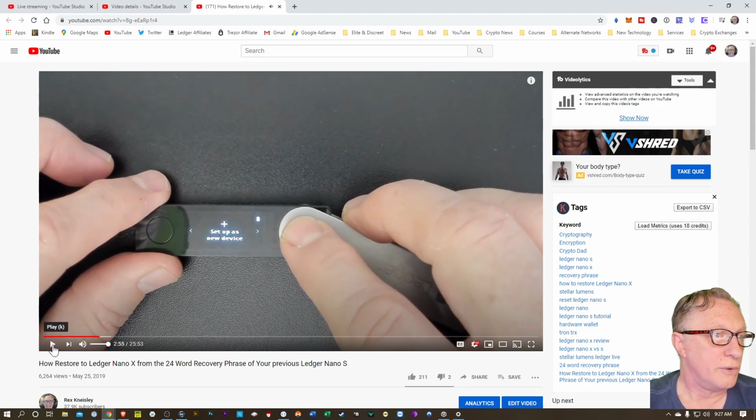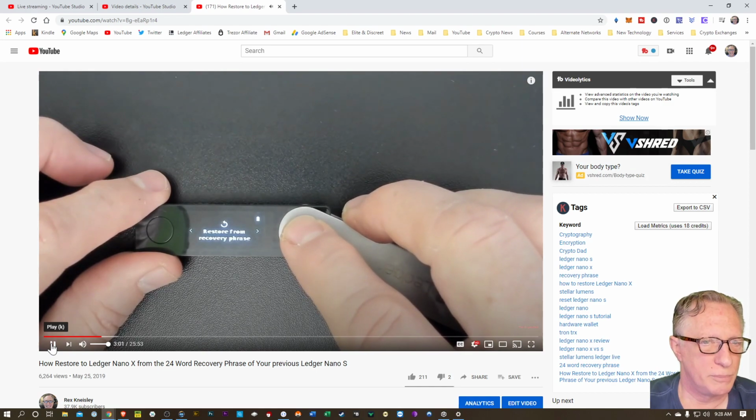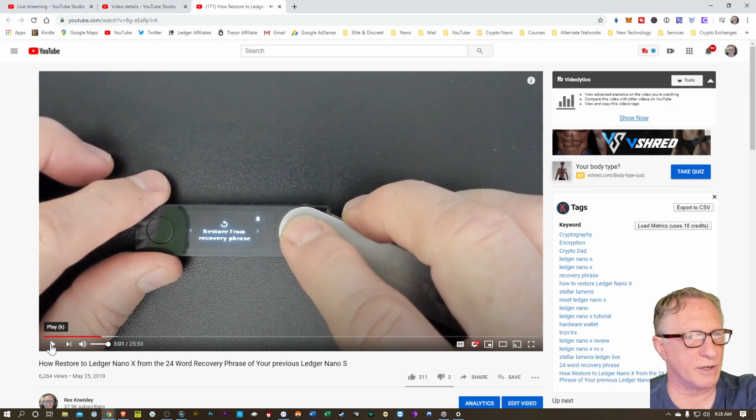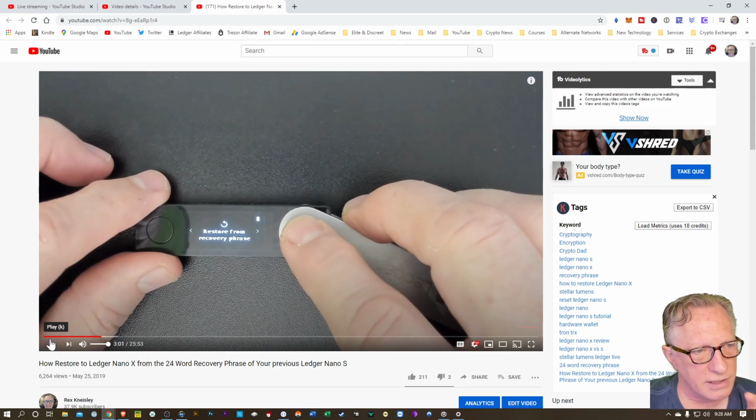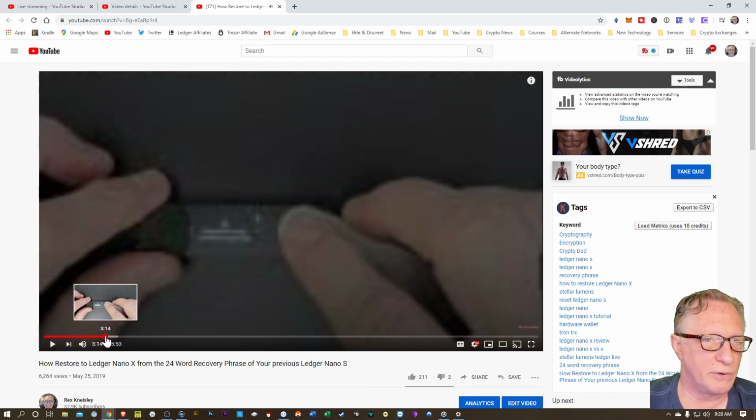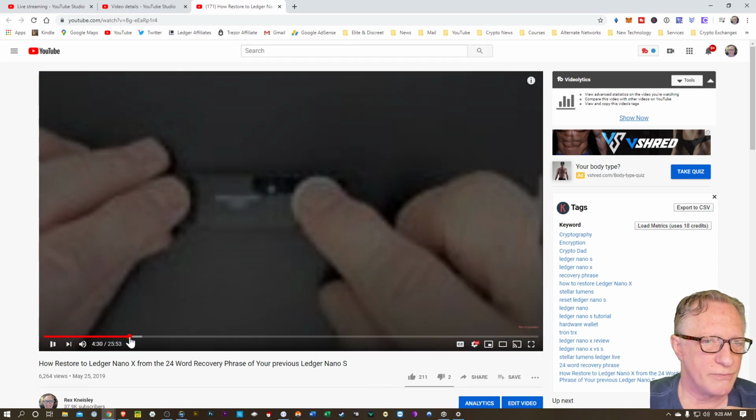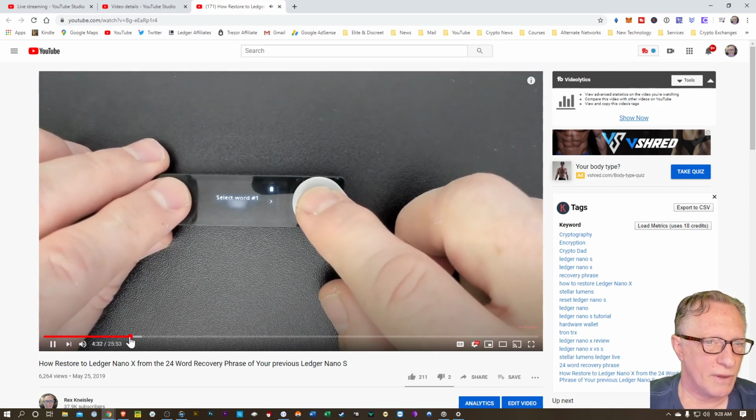All right, so that's where we open up the device for the first time, and it gives us the choice, set up as new device. We do not want to set this up as a new device. We're going to go, boom. The next choice is recover from recovery phrase, and that is the key to creating a mirrored device with the same master private key as a previous device, right? And so once we restore from recovery phrase, we're going to get our recovery phrase, word will appear, right? So just keep spelling it,